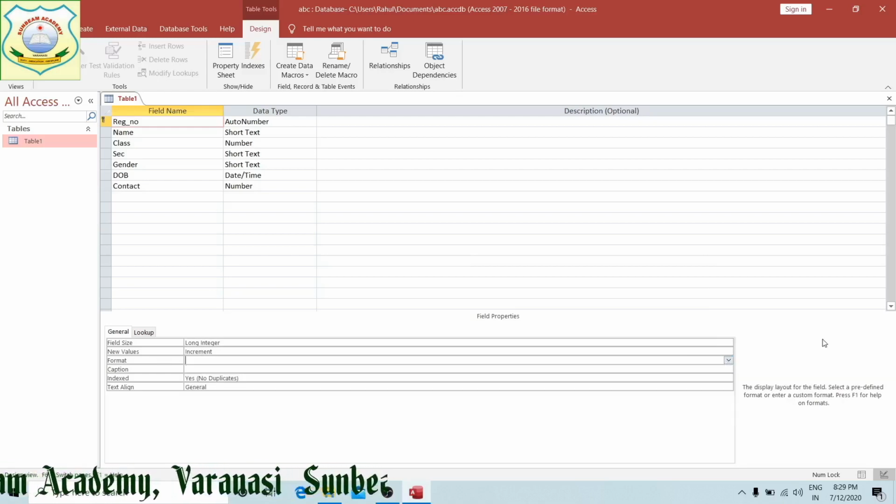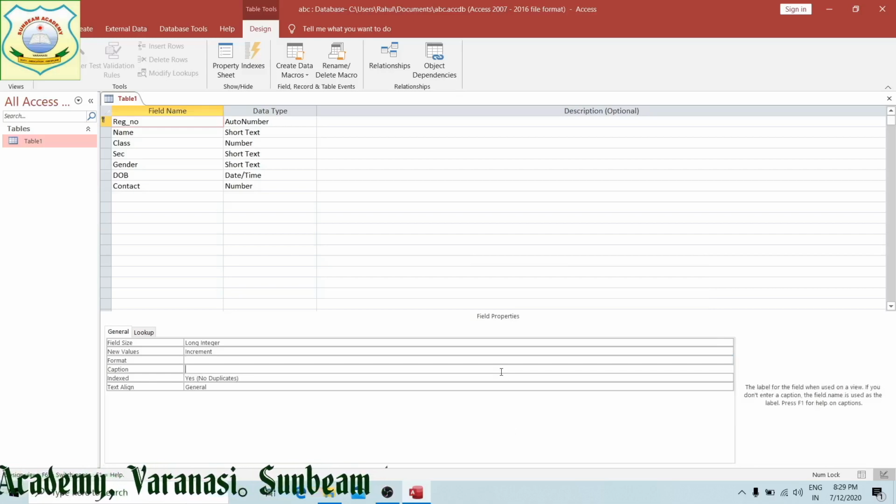By default it is general. Caption, what caption you want to give, it is automatically generated, right? Indexed: no duplicates.